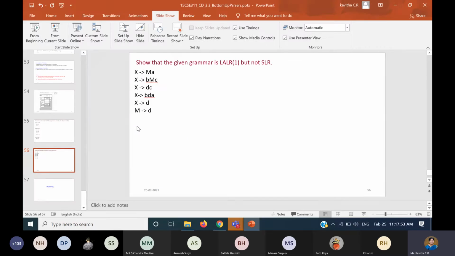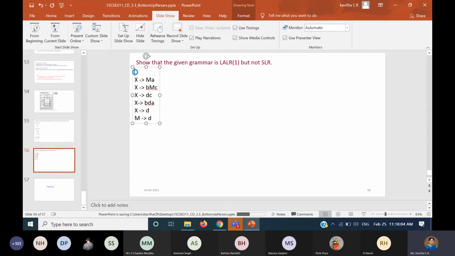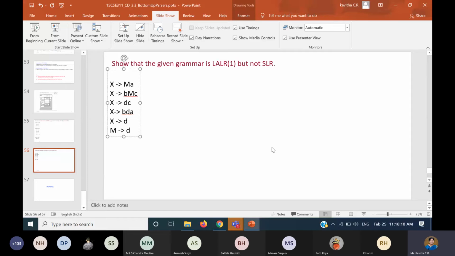So what is the first step for students? So this is my grammar. What is the first thing I have to do? Because I used to create the state, and from there I used to start. So let us start from the beginning now. What is the first step, students? Yes, be interactive. What is the first step? Before that? Augmenting. Augmentation. Okay, why is augmentation required? To know the end. To know the end. Right. Yes. So first we will augment it.